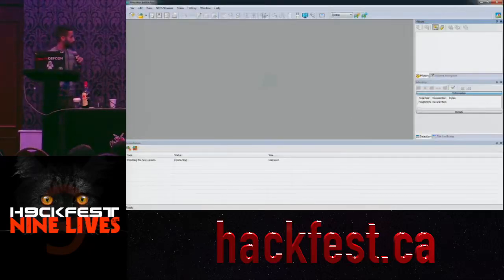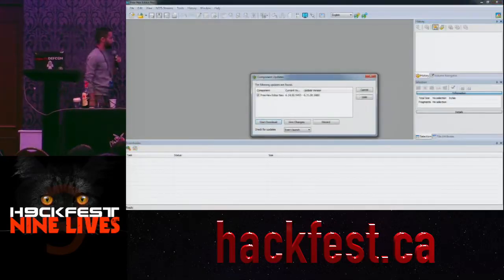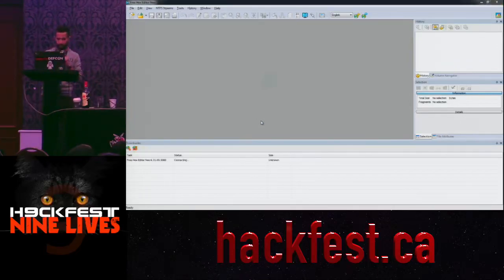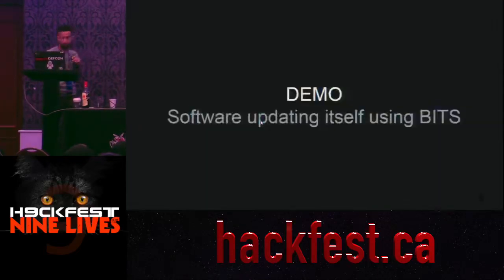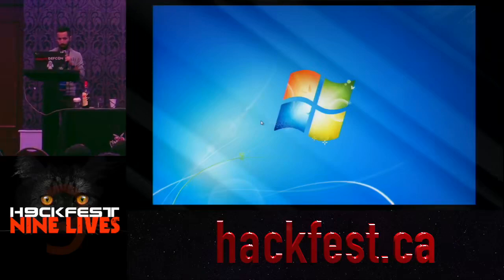When I open it, it checks for new versions, and it finds a new version, and you can choose to download. The download is done by BITS, and we will show you. The download has started, as you can see in the status line. We will go and see